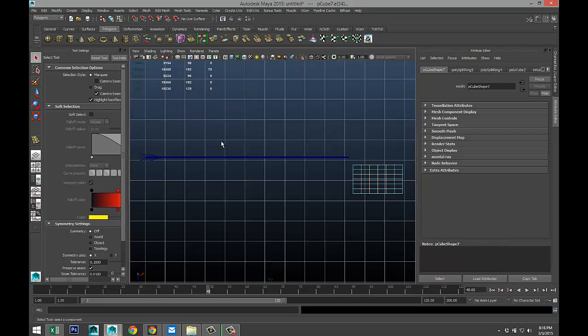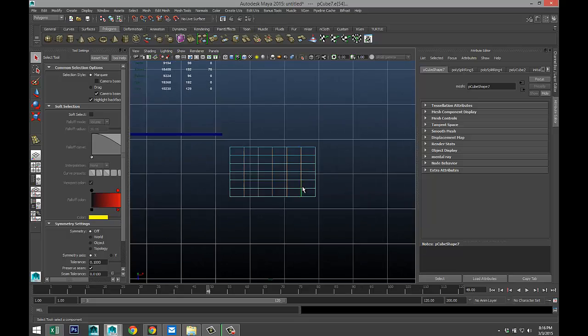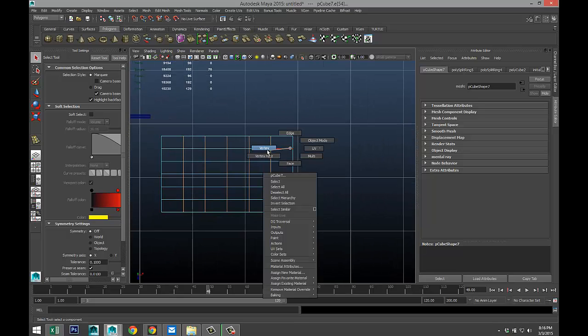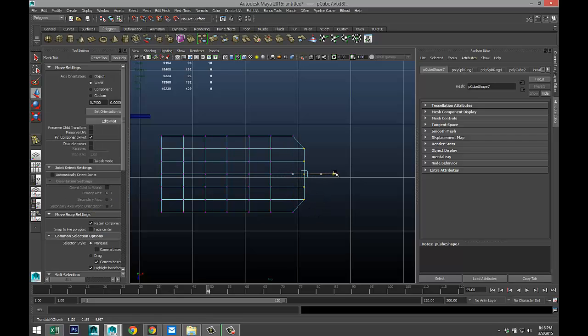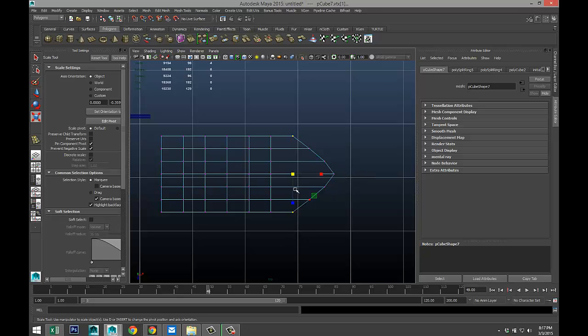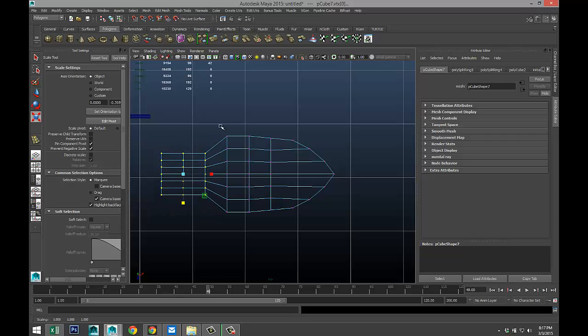And let's start to tweak this from the top. Okay, so right click vertex, drag select these guys, hit W, pull them out, skip one on both ends, take the one in the middle, there we go. Take these two guys and hit R and push them in. These guys, push them in. We're going to take these 3, push them in, select that one.